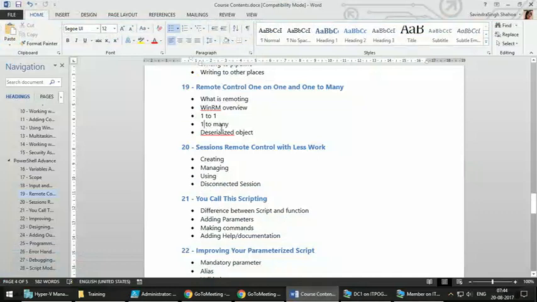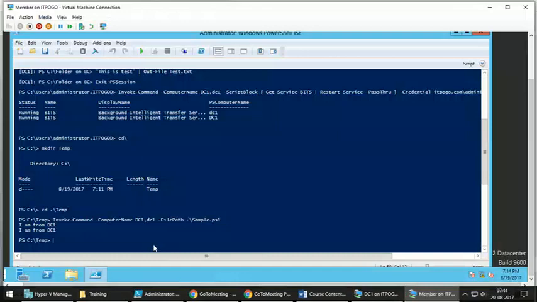That is how you do one-to-many remoting. Now, the last thing that we have to discuss as part of this is what is a deserialized object. So when you are running a command on a remote computer like this, for example, when I run this command Get-Service, just one command, the output of this command, when you are getting it on your local computer,